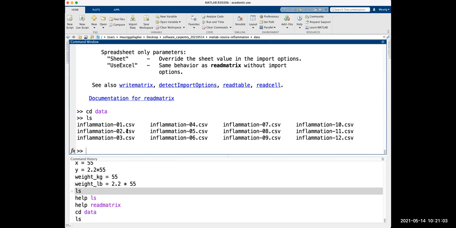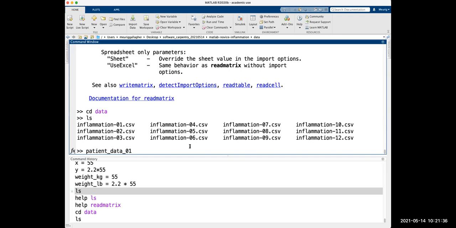But for now, we just want to load one of these files and get the information into MATLAB, get the data into MATLAB so that we can start working with it. So remembering that we need to use sensible variable names, we're going to say patient data, and let's take the first one. So we're going to call it 01. So I've separated my words with underscores. So you see my underscores here and here. You don't have to do that. There are different ways that you can do it, but I recommend that this is quite a nice way of doing it. Keeps everything nice and clean, makes everything sensible.